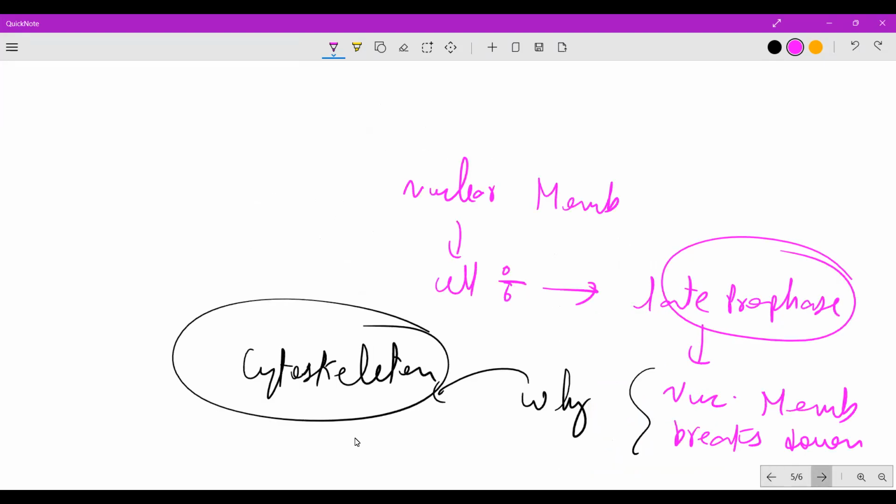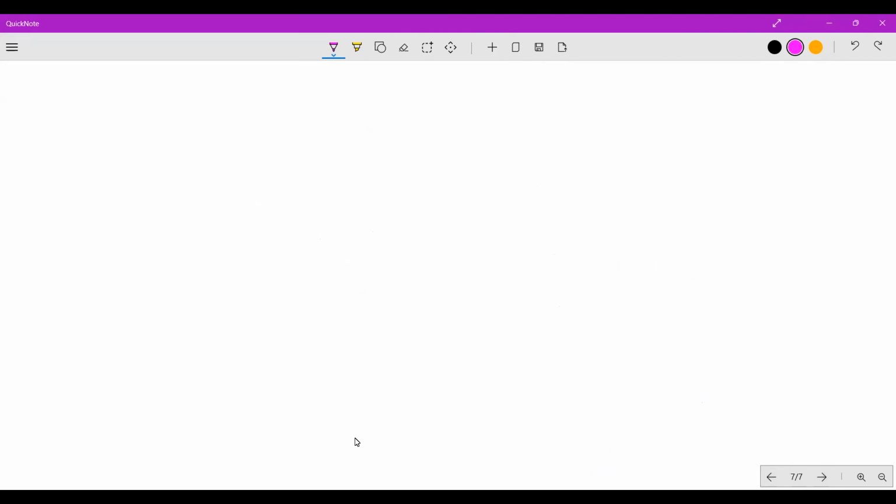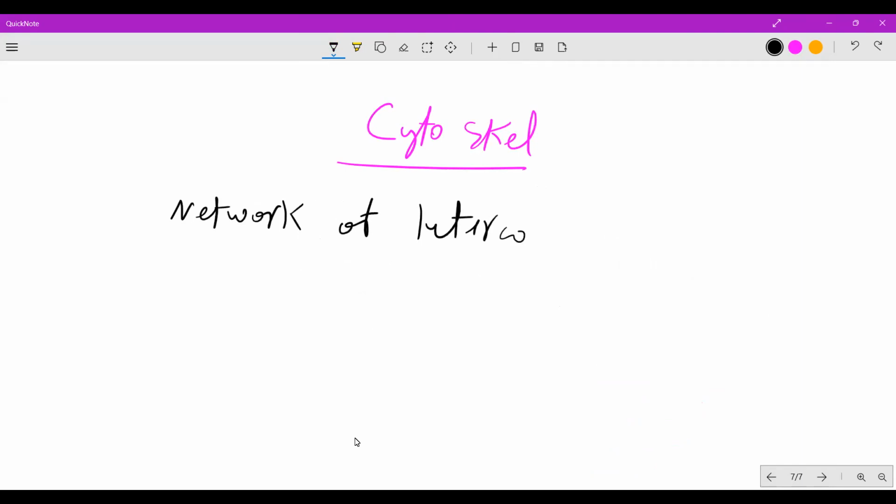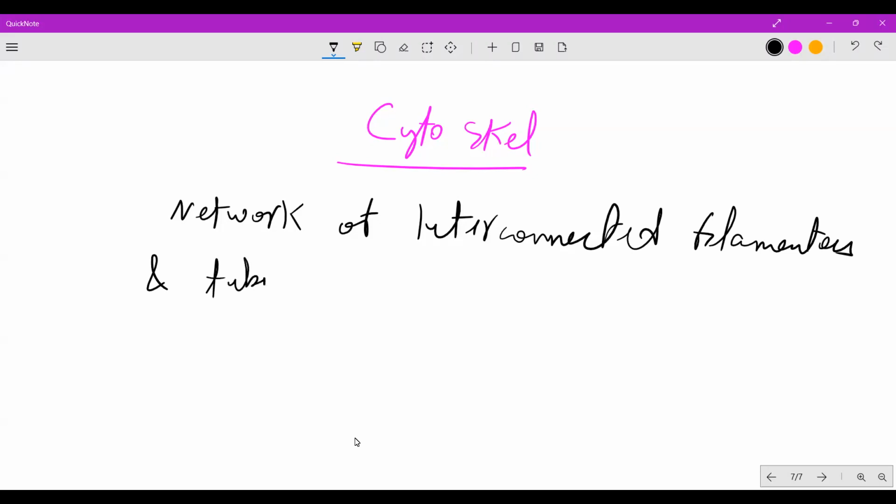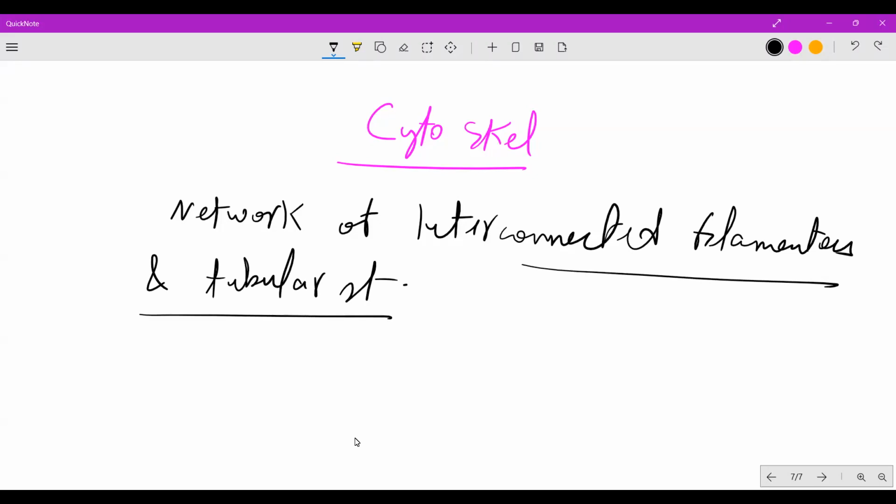So let us see, we have talked so much about cytoskeleton. Let us see what is a cytoskeleton. How do we define the cytoskeleton? So we know cytoskeleton is nothing else. It is a complex network. It is a network of interconnected filamentous and tubular structures. देखो, nothing else. It is a network of interconnected filamentous as well as tubular structures, which extends throughout the cytoplasm,